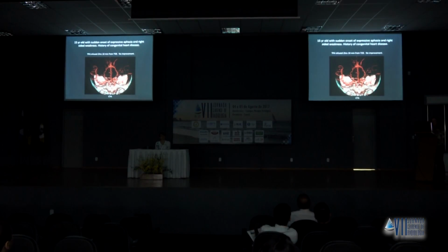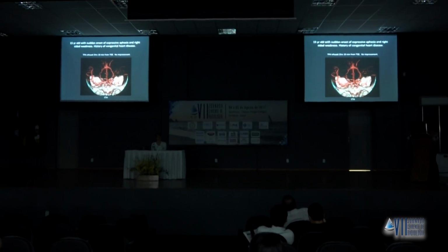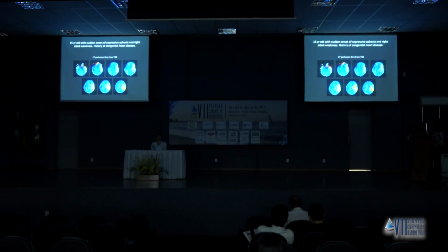We did the CTA, and you can see that there is occlusion of the artery here. And neurology went ahead and infused TPA at about 2 hours and 10 minutes from the time of event, but there was no improvement. So they put the child in the ambulance and drove them to the university hospital for intervention, thrombectomy. And got to the university hospital at about 3 hours from the time of event, so we're well